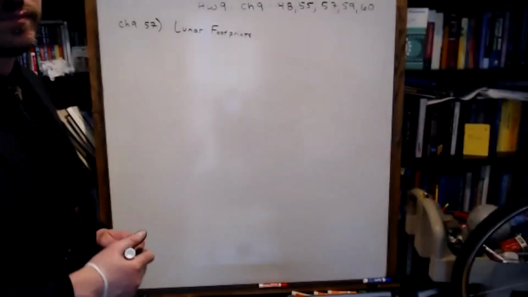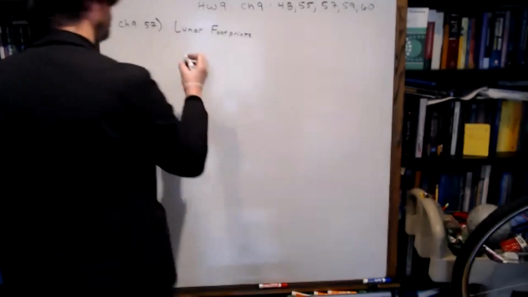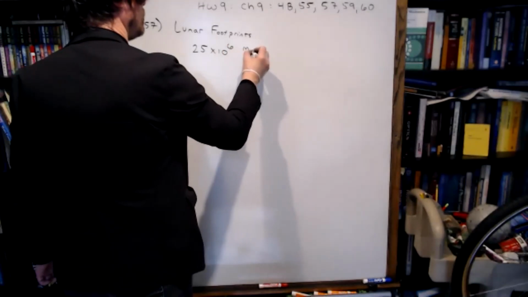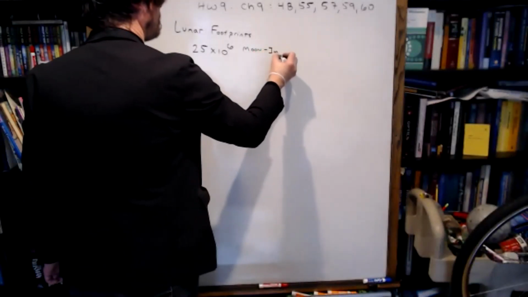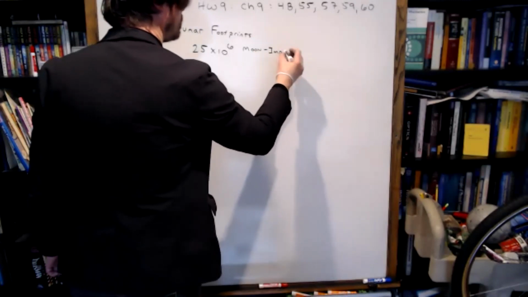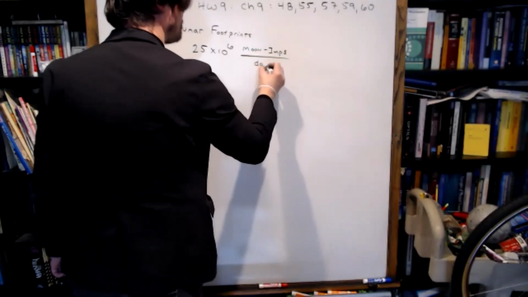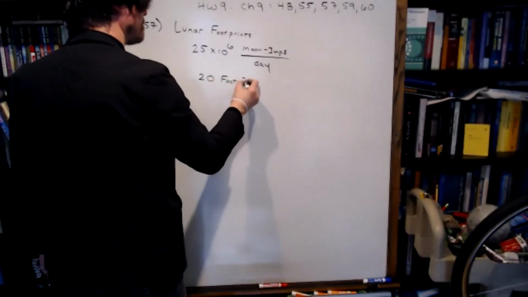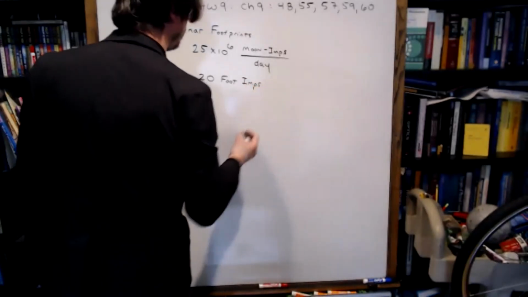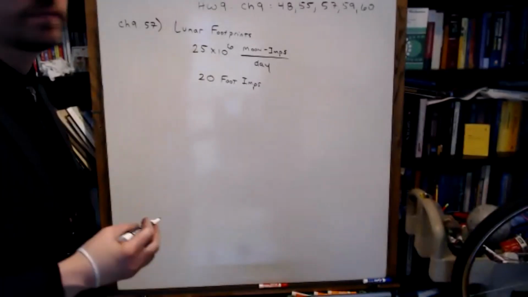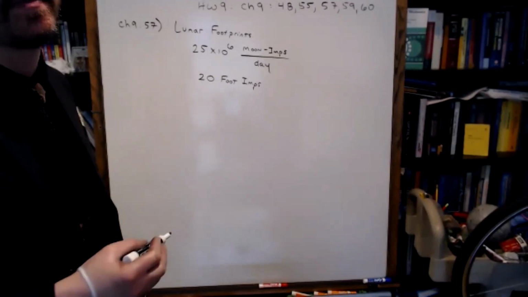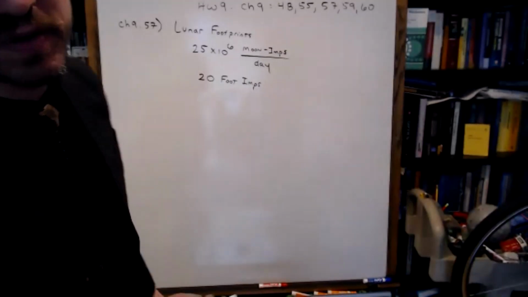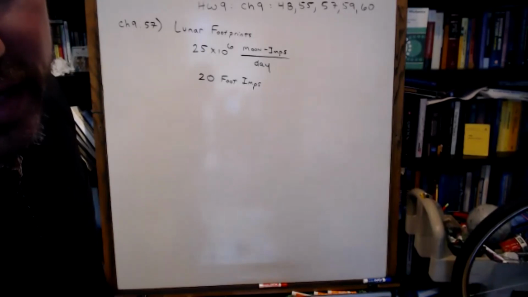It says, assume that the moon is hit by about 25 million micrometeorite impacts each day. This number comes from observations of meteors in Earth's atmosphere, and that these impacts strike randomly around the moon's surface. Also assume that it takes about 20 such impacts to destroy a footprint. About how long would it take for one of the footprints left by the Apollo astronauts to be erased? And use the moon's surface area to determine the impact rate per square centimeter and estimate the size of the footprint.